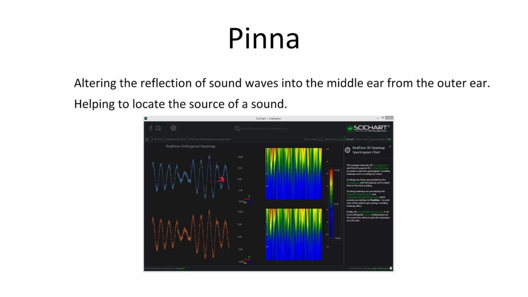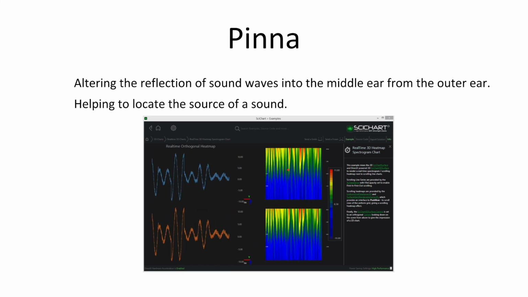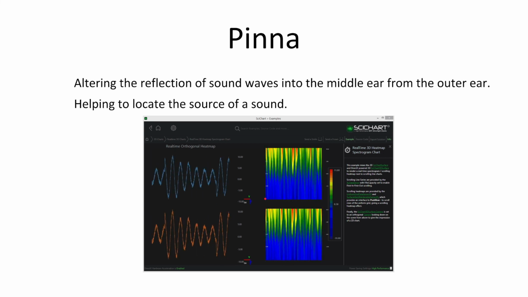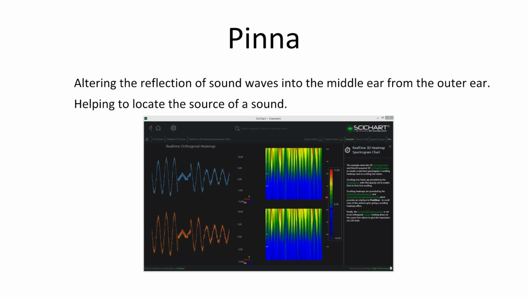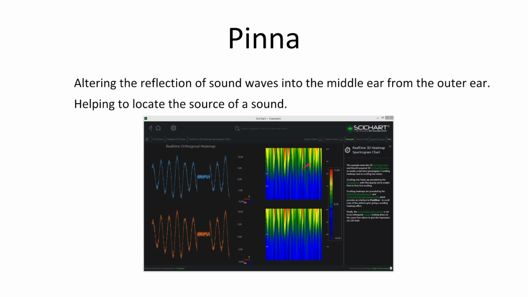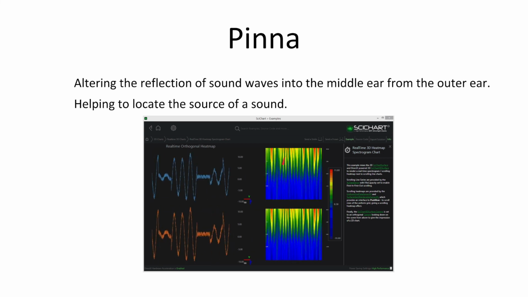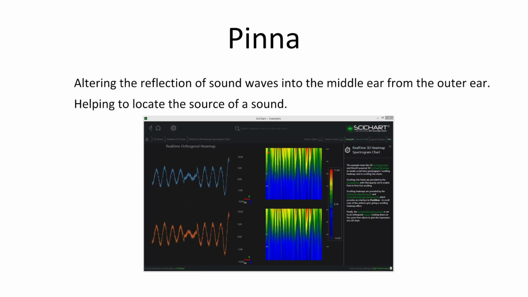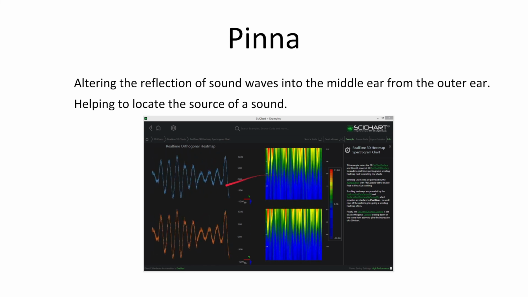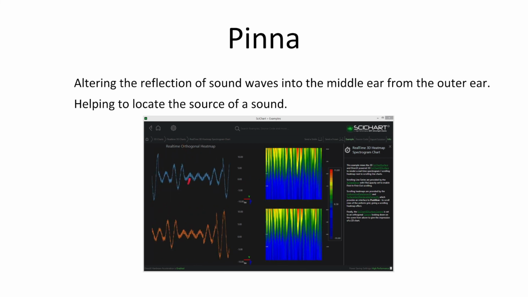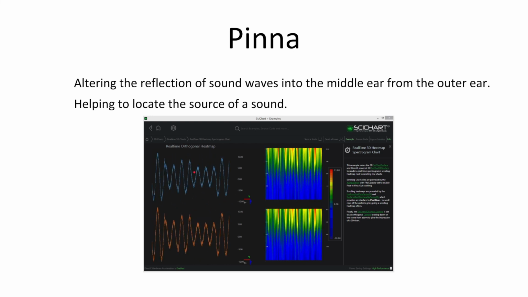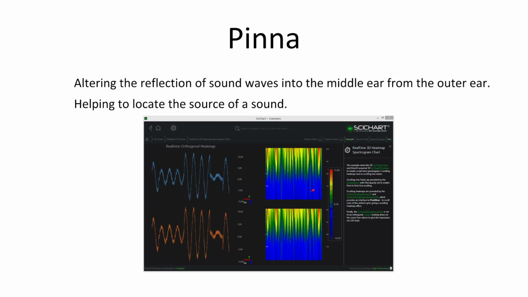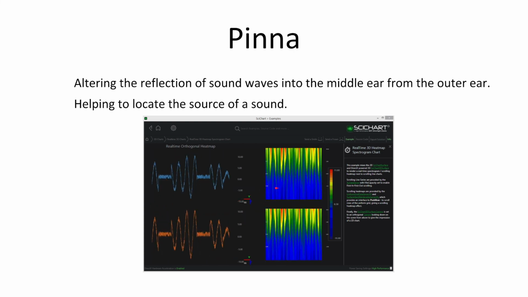The representation of this waveform on the right is called a spectrogram, where we have frequency on the y-axis, time on the x-axis, and then amplitude is reflected in the color of the image. This is sometimes called a heat map. So you can see here the bright red spikes correspond with these spikes in amplitude at higher frequencies. The absence of the low frequencies is reflected in the blue region down here, so there's very little in terms